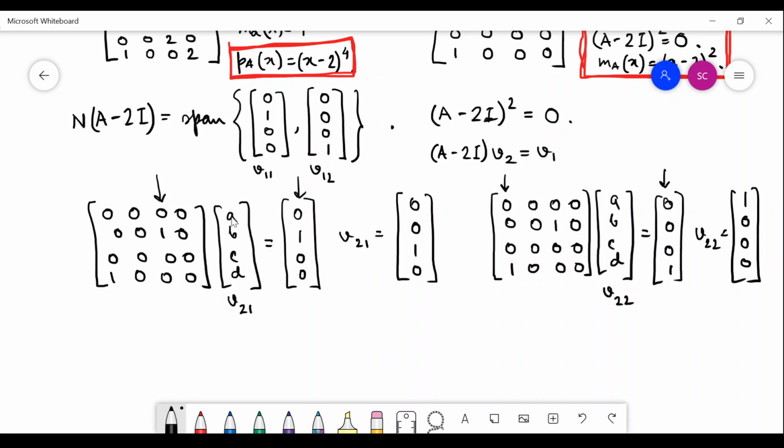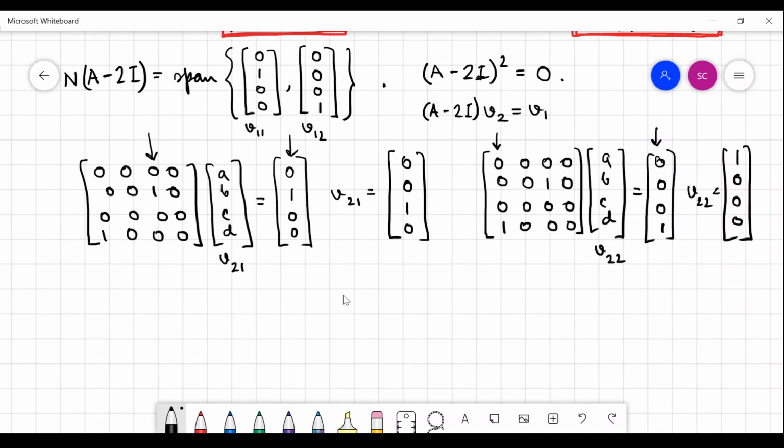For that, how to solve for this ABCD? So that I would show you in another example. In that example, I will show you how to find out this ABCD using the column operation method. So in case you are unable to figure out directly, you can go through the column operation method also in order to find out what ABCD would be. So I would do that in another